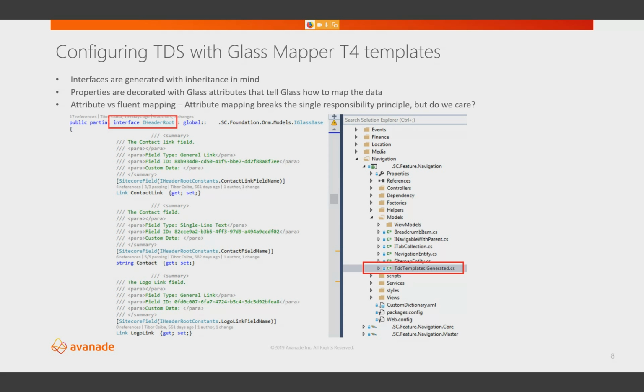Okay. So with GlassMapper, you actually have two ways of mapping the data, because now we have the container which will hold the data, but now you need to think about how to map it. And there are two ways to do so. There is attribute mapping and there is fluent mapping. So what you see here